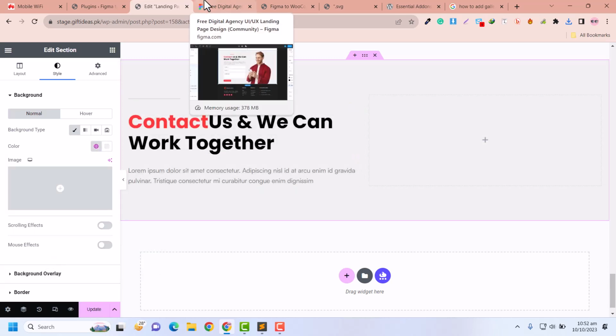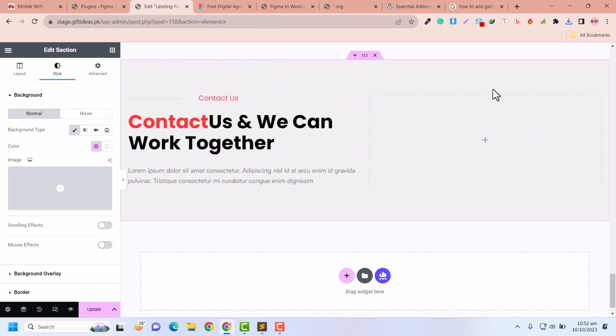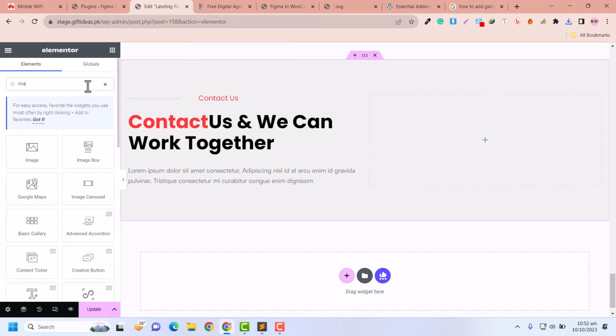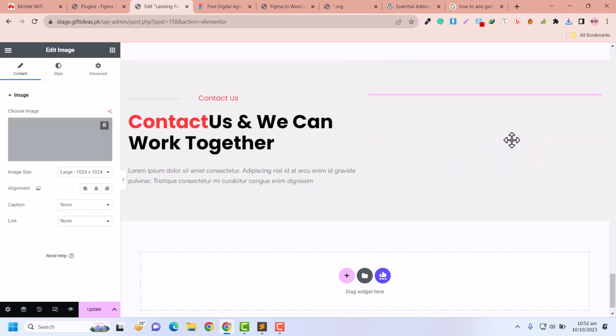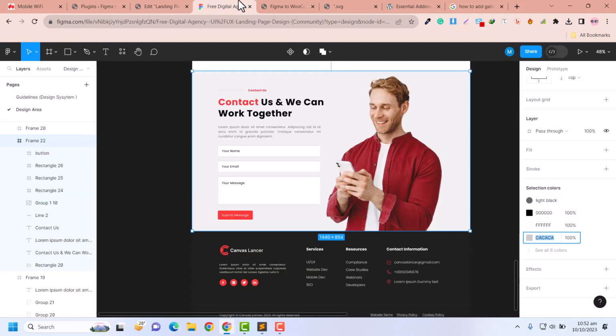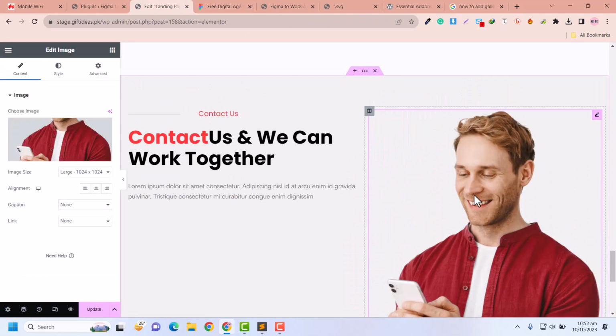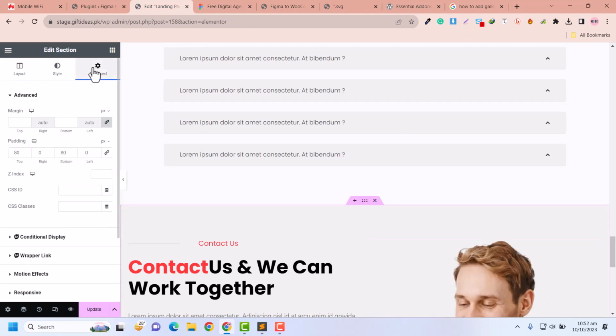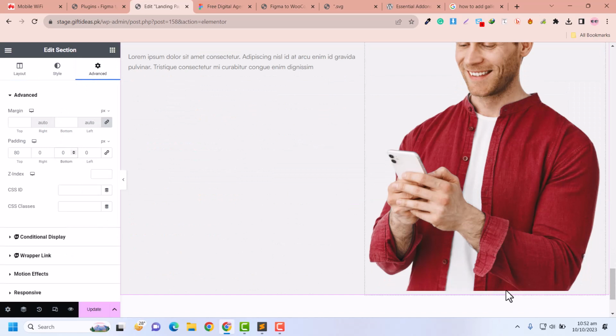Okay, now the background is done and the image is exported, so here I will search for image. Here is the image, and I just upload it here. Now you can see the image is attached, but there is a gap. Don't worry, bottom padding we make it 0. You can see this is not attached now, but if I make bottom padding 10, or -10